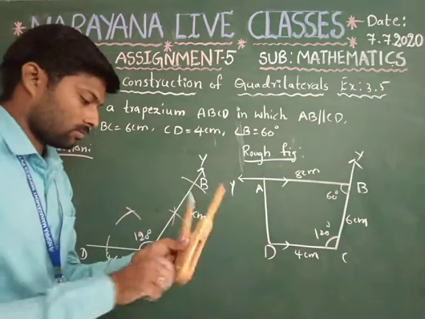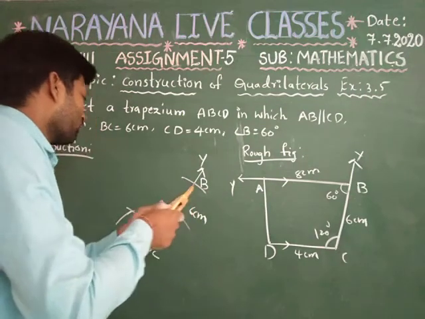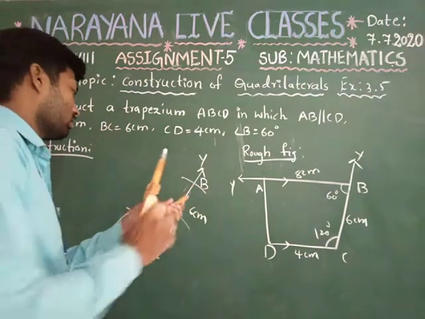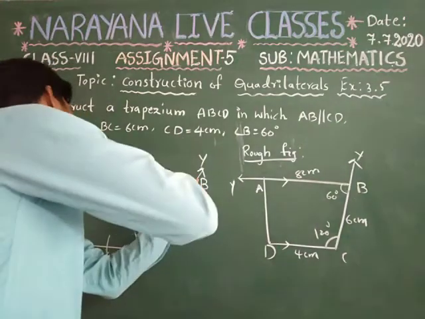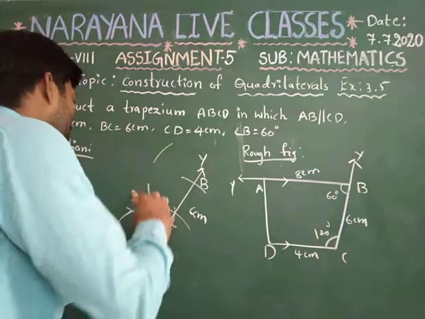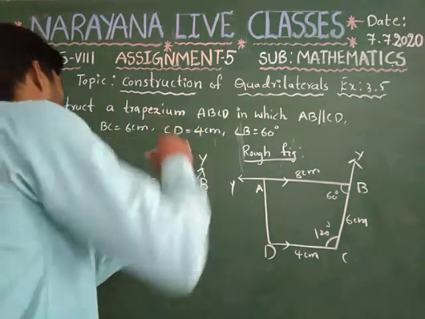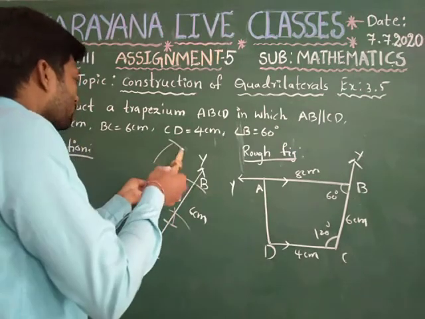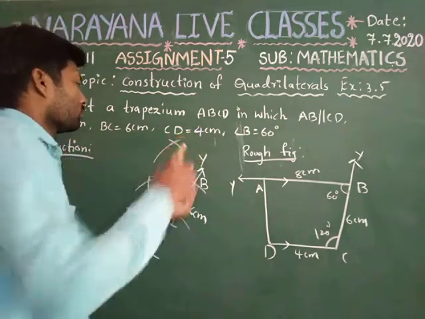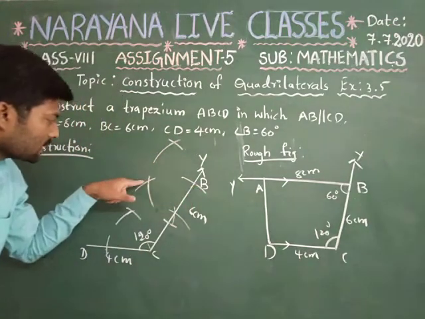Point B as the center, more than half as a radius. Draw 3 arcs, 1 and 2 and 3. Again from this point you can draw one more arc, extend this one. From this you have to draw one more arc. Because we don't want this one, this is a 120 degrees construction. First of all, this is a 60 degrees.